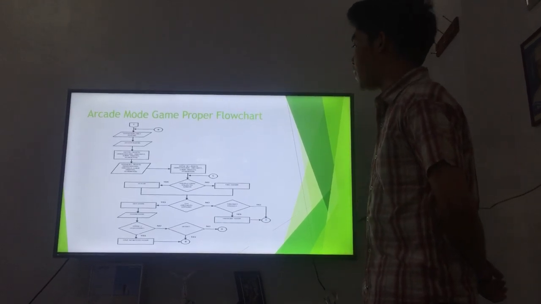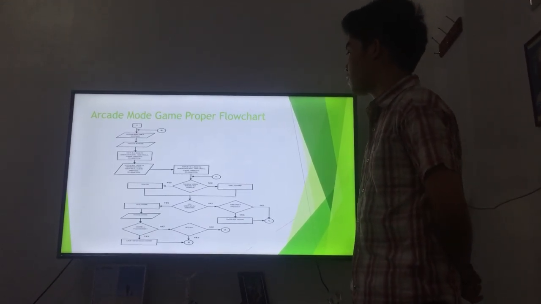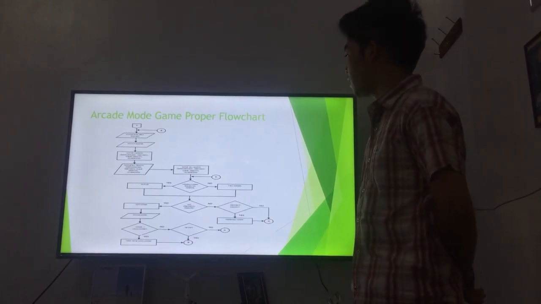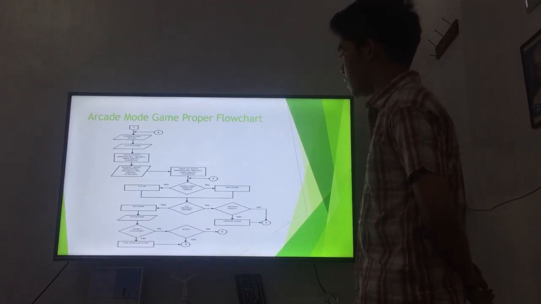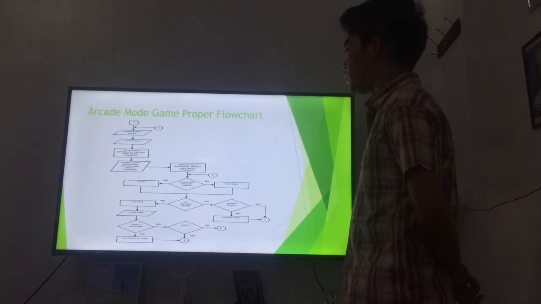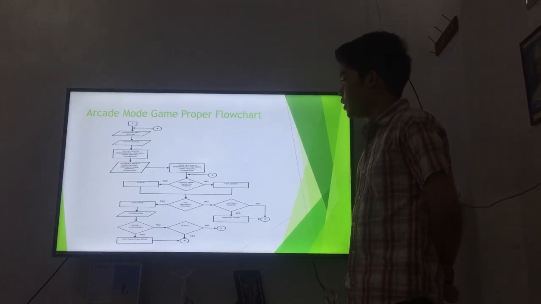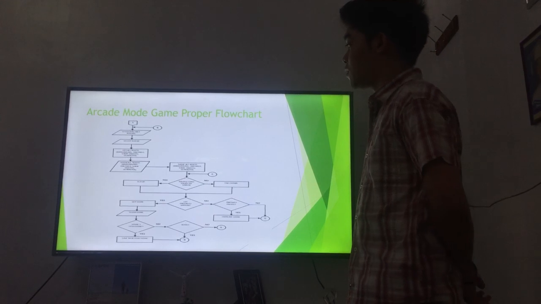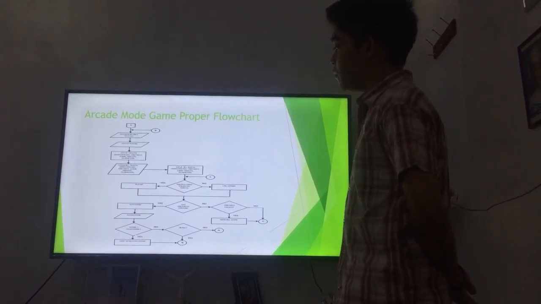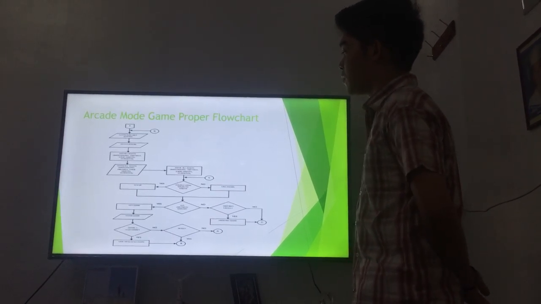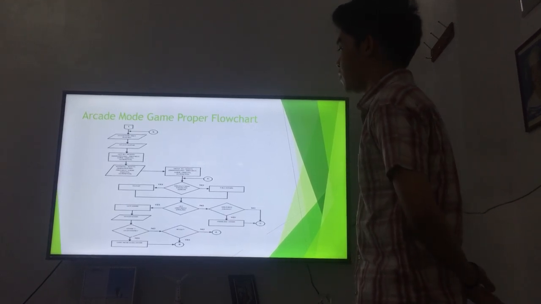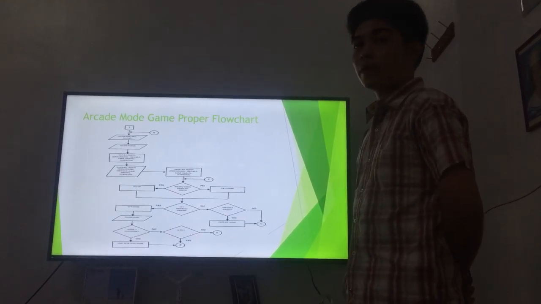And every time the player touches or long touches the screen, the character will fly up. And if not, the character will fall down. In the game, if the player hits an obstacle or ground, the game will get his score, then show his score. After showing his score, the game will compare it to the high score. If the player beats the high score, the game will save the new high score and prompt the player if he wants to play again.